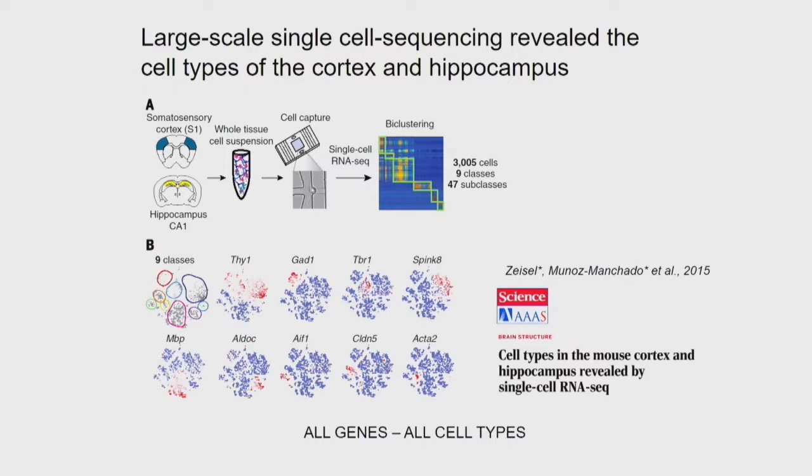So I'm not going to go more into this. There are now several different methods to do this. We heard about SmartSeq in the talk before, 10x Genomics, of course, and there's maybe 20 different chemistries you can use, and depending on what kind of information you're looking for, different methods will be best for you. But the important thing is that when we do this, we get information on the expression of every gene in every different kind of cell that you look at. So that's the key thing.